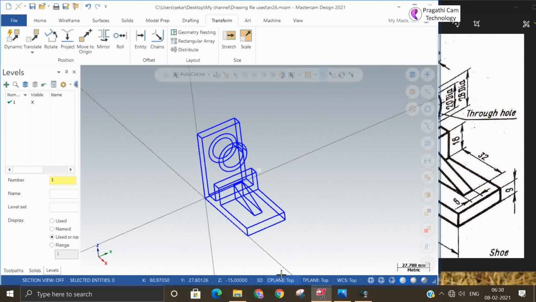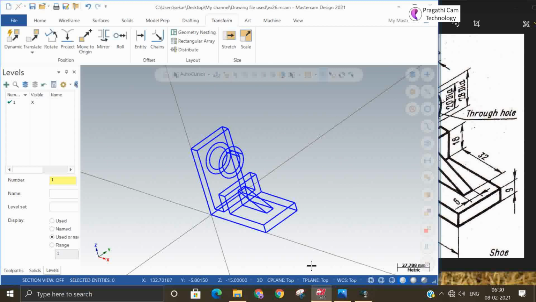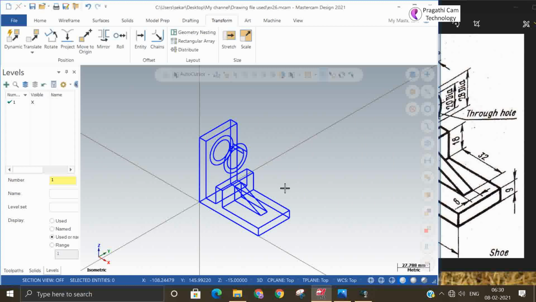So now the wireframe model we have made. Okay. So the wireframe is the basic fundamental for the surface model and the solid model. So if you are clear with the construction principle, you can draw any 3D model. Okay. So this drawing started with identifying the base feature, and then how to orient the base feature to show the entire drawing.